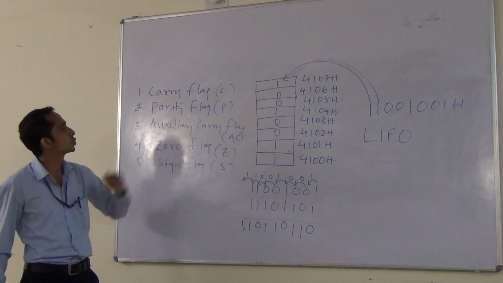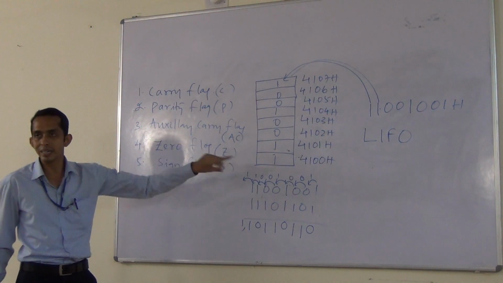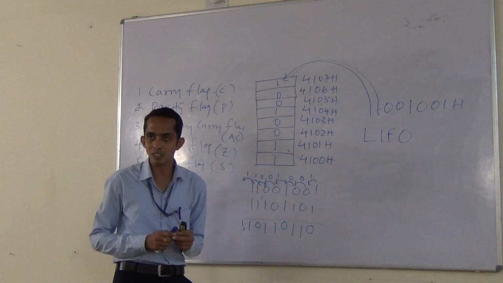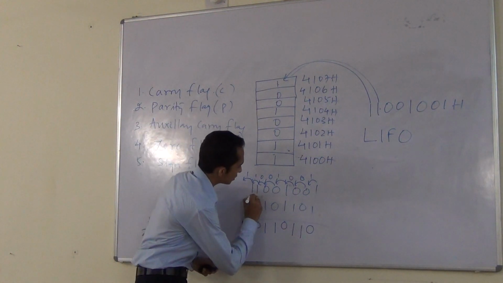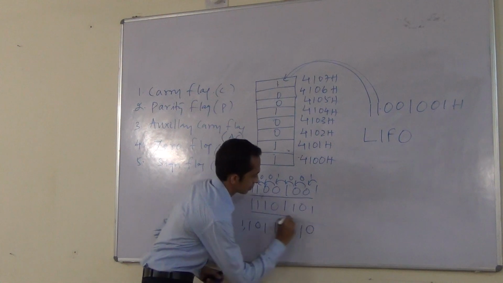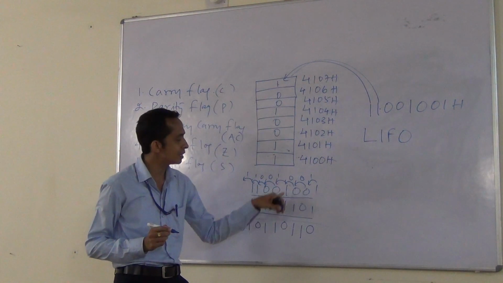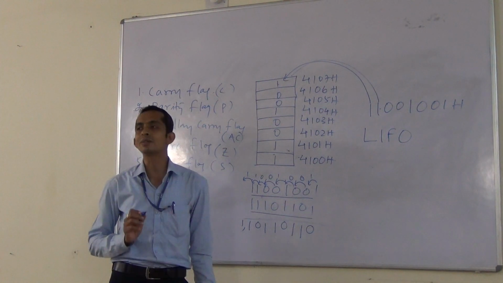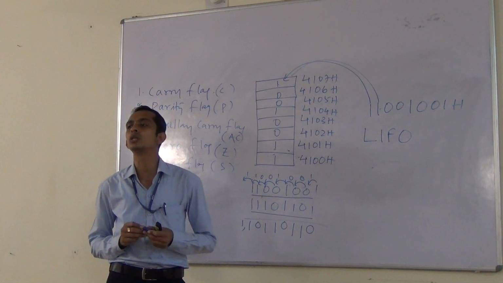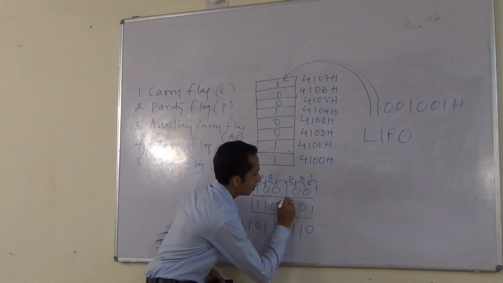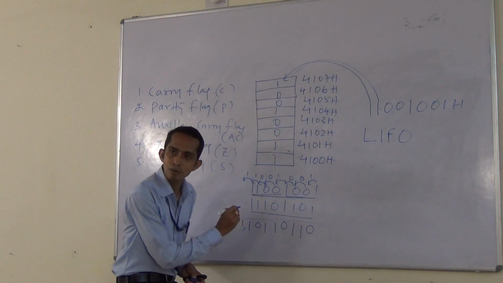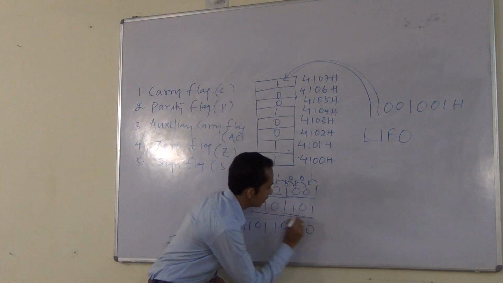Now I am coming to the auxiliary carry flag. It's an important one. In the very beginning of my class, in the previous class, I told you that one byte consists of 8 bits. So I have used one byte to add with another byte to find this result. A byte of data is further subdivided into 2 equal halves: lower format and upper format. This number can also be subdivided into 2 equal halves: lower format, upper format.